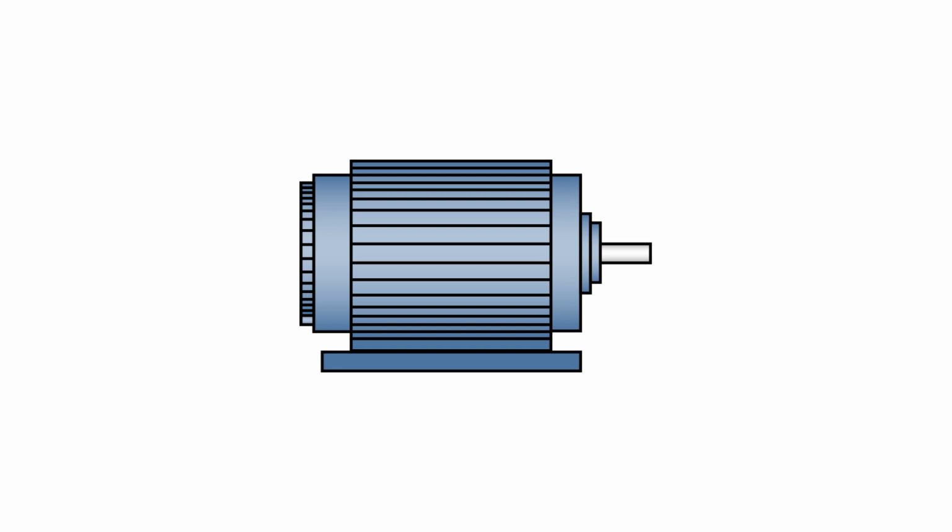Operation of a servomotor. A servomotor operates on the principle of closed-loop control, which means that it receives feedback signals from a sensor and adjusts its motion accordingly. The sensor, typically an encoder or a potentiometer, measures the position or speed of the motor shaft and sends a signal to the servomotor controller. The controller processes this signal and adjusts the voltage or current supplied to the motor windings to maintain the desired